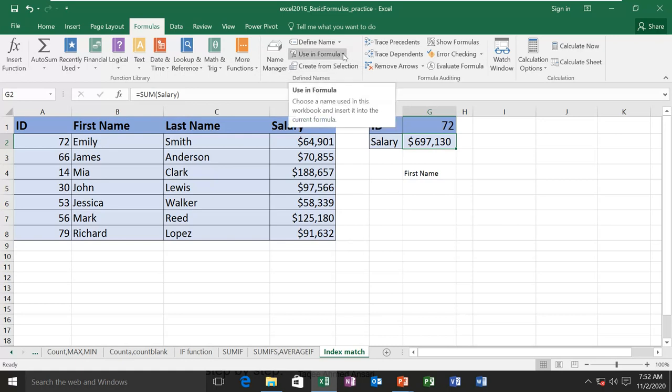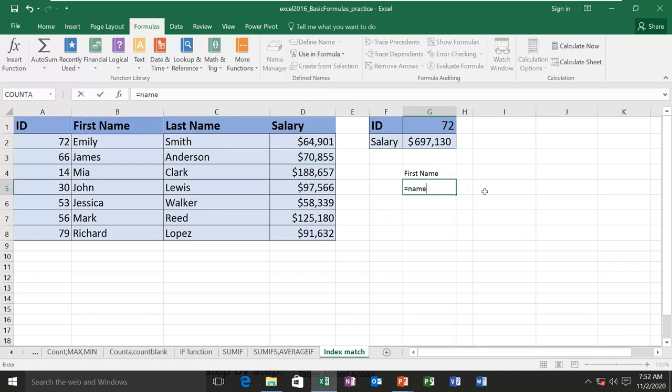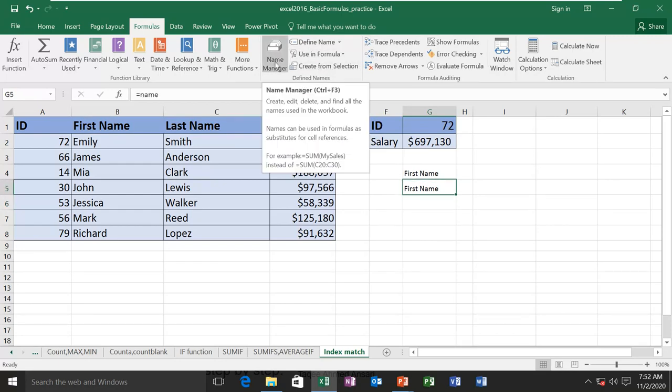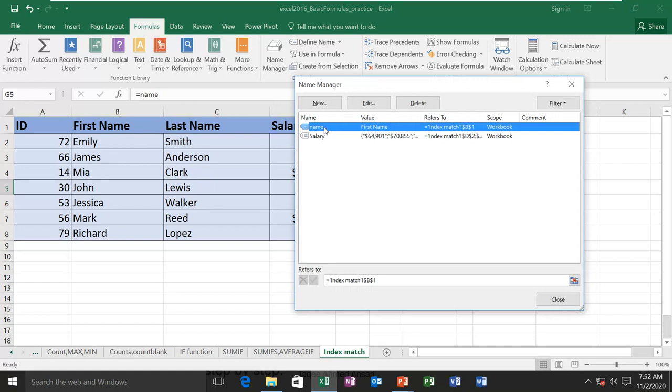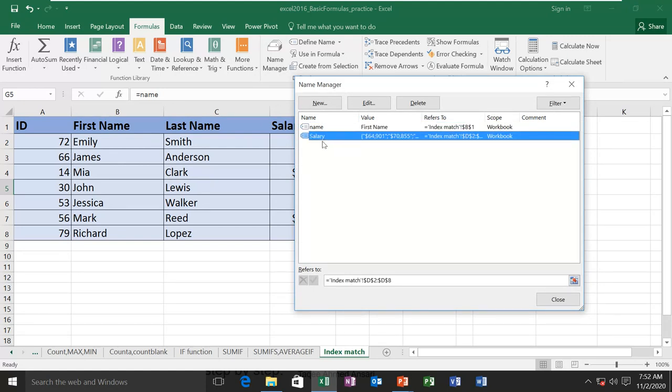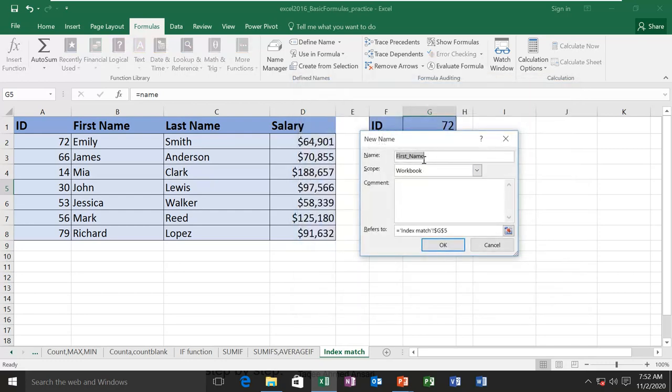And here it is also saying you can define it with some function, so you can use this from here for using the formula. You can just paste the name which you have defined, or we can use it to paste the formula here. Like if I say the name here, now again it is pasting the value which we have defined. And also you can manage what we have already defined from here. We have defined these two. We can change it, we can edit it, we can delete it, or even we can create a new one also.